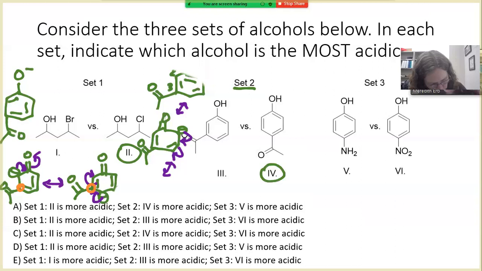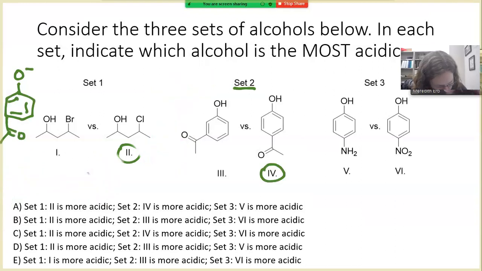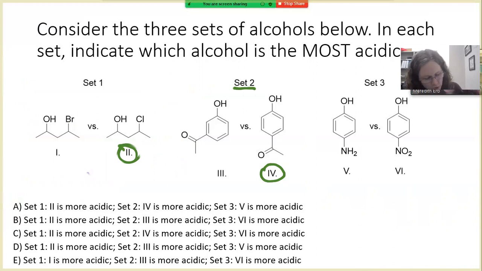We have set 3. So for set 3, we have 5 versus 6. And both of these alcohols have a substituent on the 4 position. One has an amino group and one has a nitro group. So what role do those play? Again, drawing out the conjugate bases is going to be super helpful here. So I'm going to do it for the base that has the amine on it